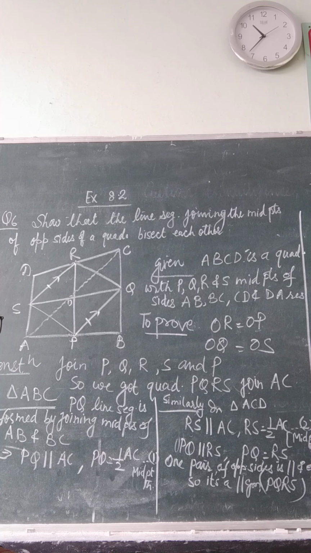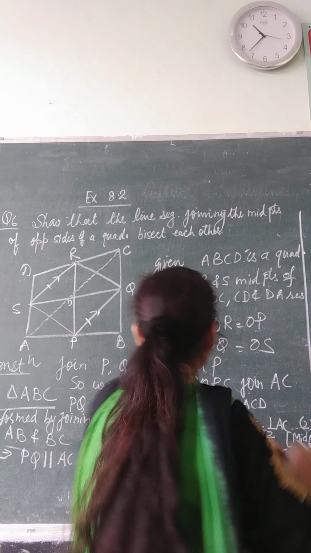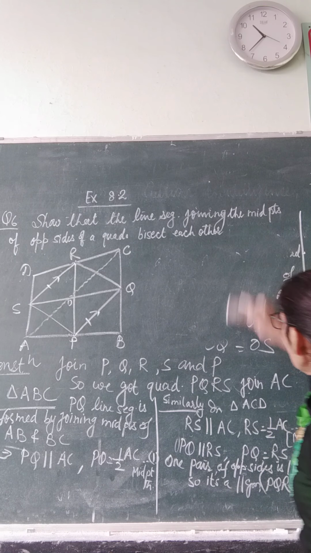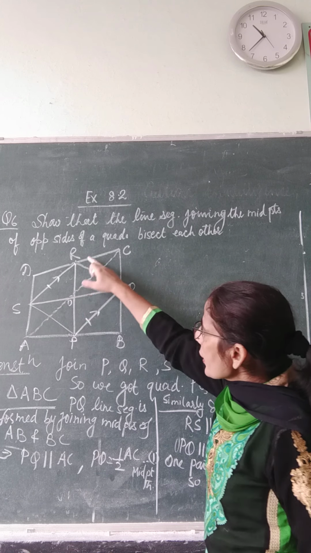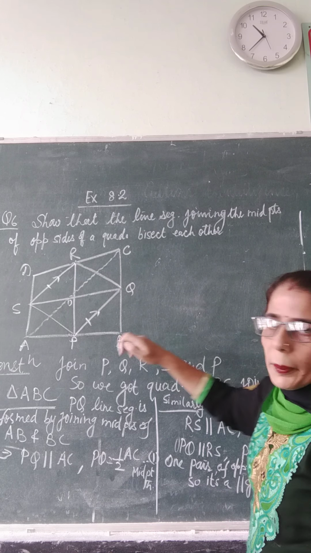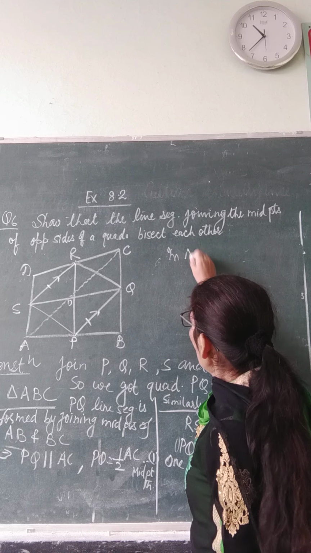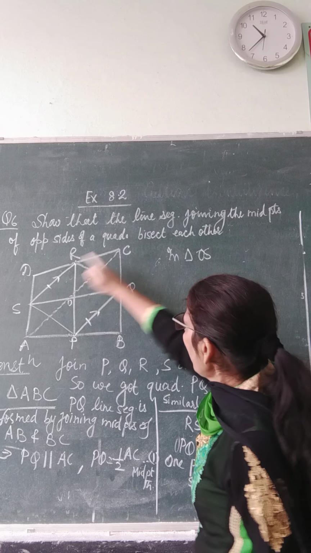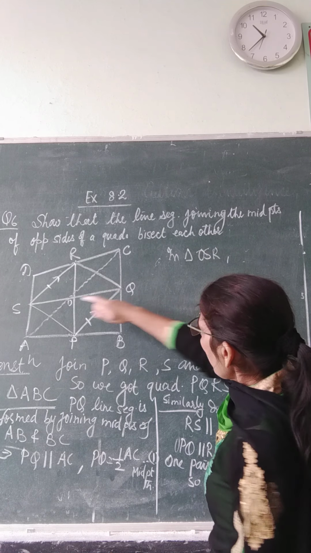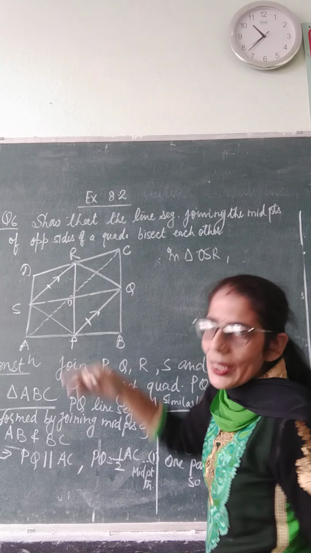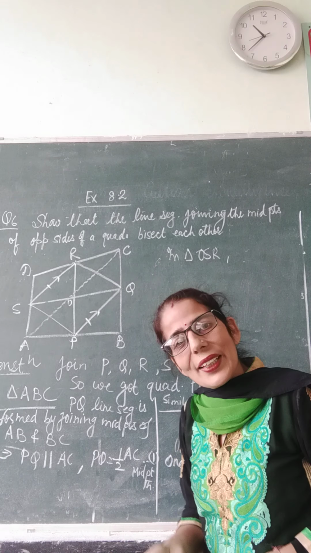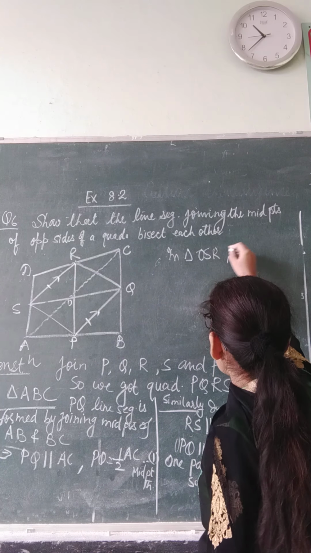But when we have to prove, what we can do? We will take two opposite triangles. Now we will take, shall I rub this portion? I am rubbing here. Now what I will take? In triangle OSR and triangle OQP, because I have to prove this equal to this and this equal to this, and you know in a parallelogram diagonals are bisected. So I am taking that way only.